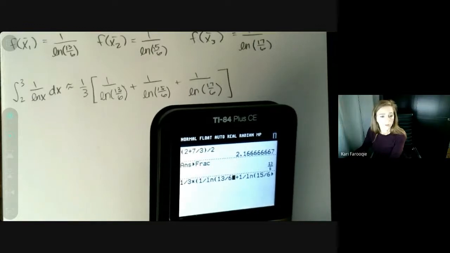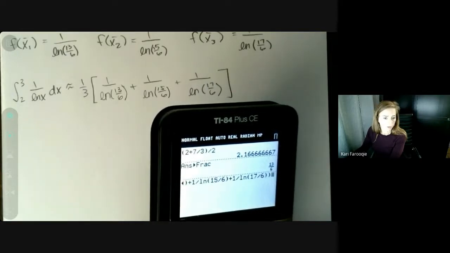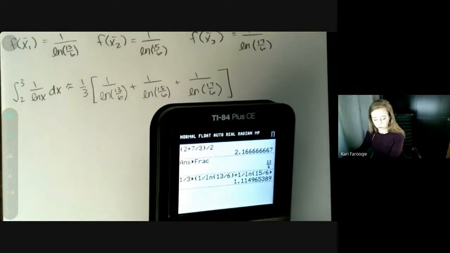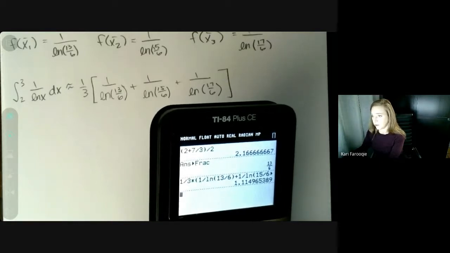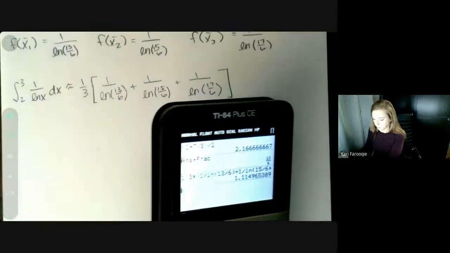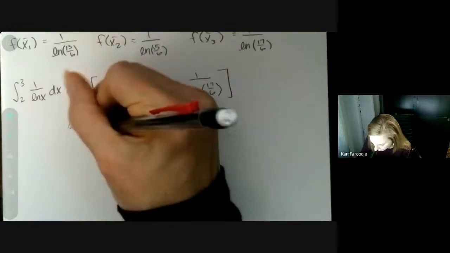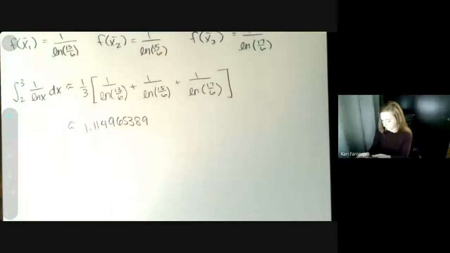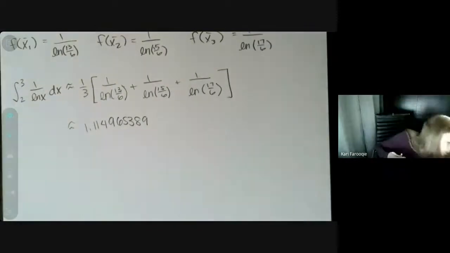All right, so you closed off this parenthesis, that's good. You closed off this one, that's good. And that one is closed off, and then your entire factor is closed off. So when you hit enter, you get 1.114965389. Now, Achieve is going to ask you, of course, to round that off. So this is what your calculator is giving you. Be careful with your rounding,